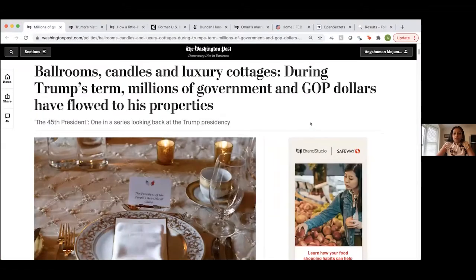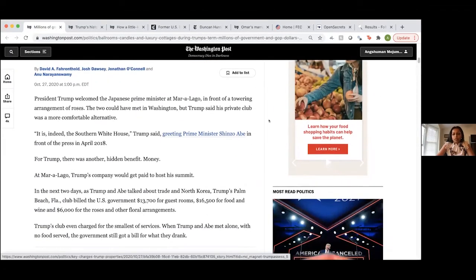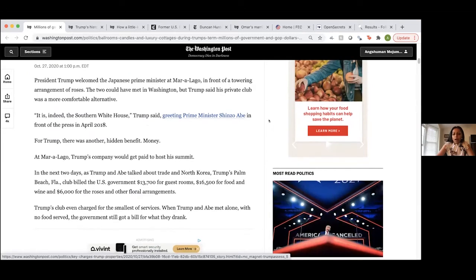And today I'm going to talk about a bunch of stories that we and other people have done using campaign finance expenses. I am personally super fascinated with this specific angle of campaign finance coverage because it gives you really good in-depth storytelling opportunities. During the Trump presidency, the Post did a lot of coverage about how money was being spent